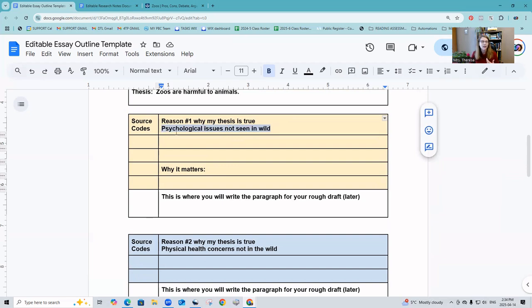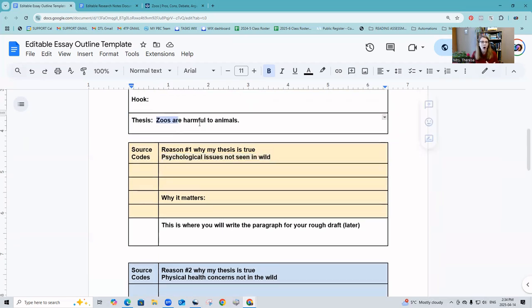Okay, so we have those 3 reasons. If the reasons don't prove why zoos are harmful, it shouldn't be in this essay. Or perhaps we need to rethink what our thesis is so that we can use those reasons, especially if they've already filled in all their facts. We don't want to tell them, oh, this doesn't count, right? We want to say, can we come up with a thesis that will include all of the reasons you have and see if they can come up with something, or if you can help them come up with something.